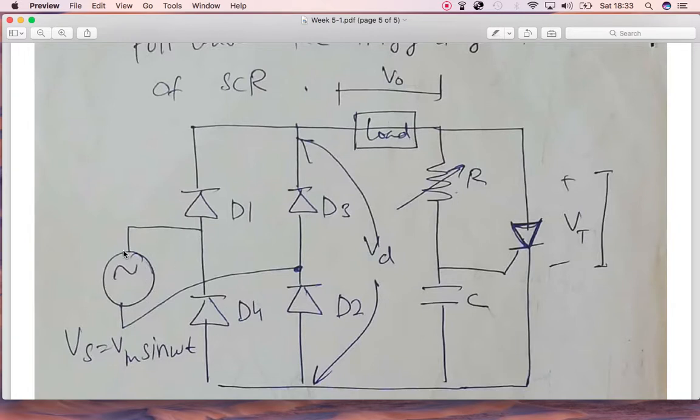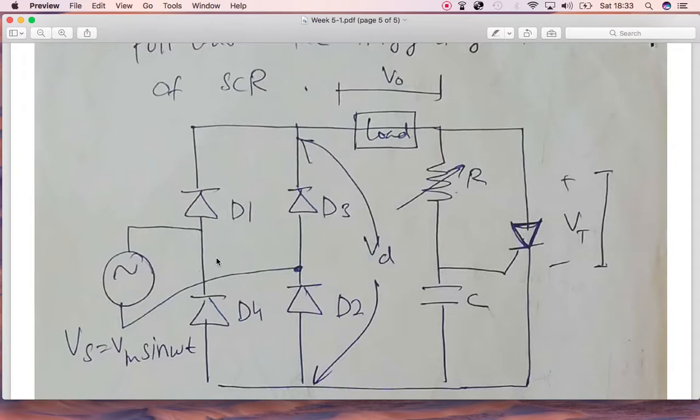So what I am saying is, during the positive half cycle, there are two behaviors. During the first behavior, the path of the current will be from here to here to here, and from here to here and here. During that time, the capacitor is charged, then it discharges, and it turns on the SCR by providing gate current over here. And when this SCR is on, the path will change from here to here, and then it will come over here, and all the voltage which was appearing across the supply will appear across the load.